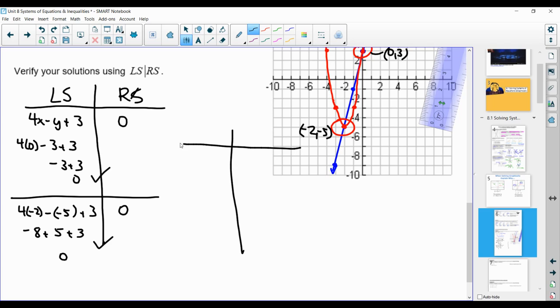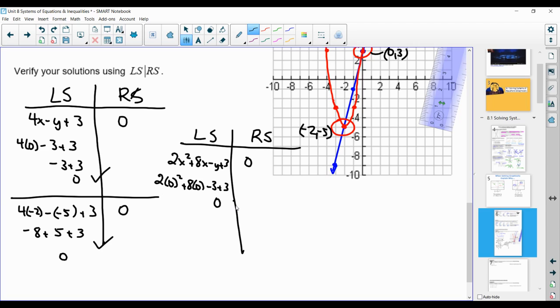Now, we don't know if we're done until we've checked the other equation, because it can only be a system if it works for both equations. So our equation is 2x squared plus 8x minus y plus 3 equals 0. And we sub in our values. So we've got 2 times 0 squared plus 8 times 0 minus -3 plus 3 gives me -3 plus 3,